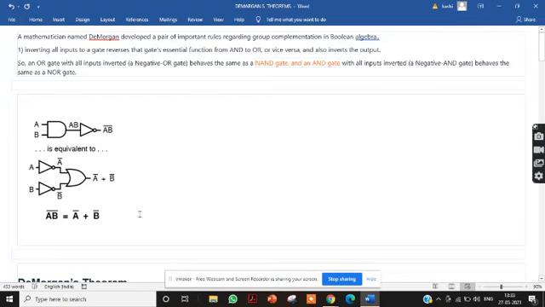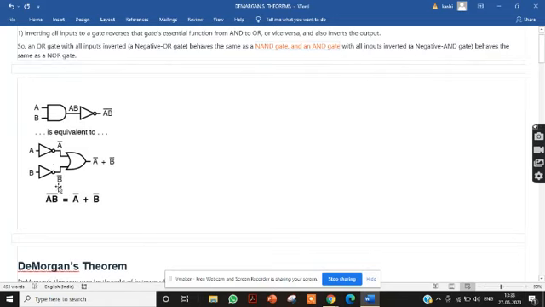You observe this. What does the first theorem say? You observe how it is symbolically represented. See, this is a NAND gate: an AND gate with inputs A and B gives the output A into B, followed by a NOT gate. So this is (AB) whole bar. If you take this as one block, it is a NAND gate, (AB) bar.